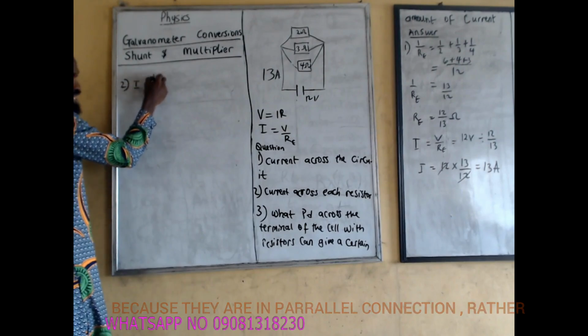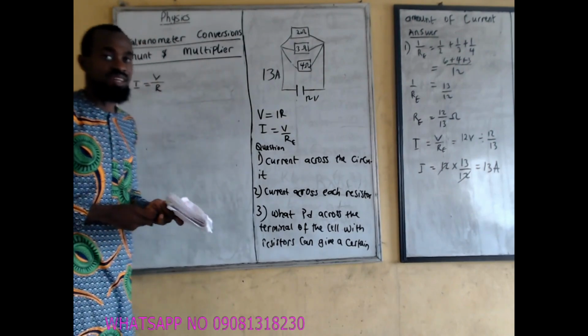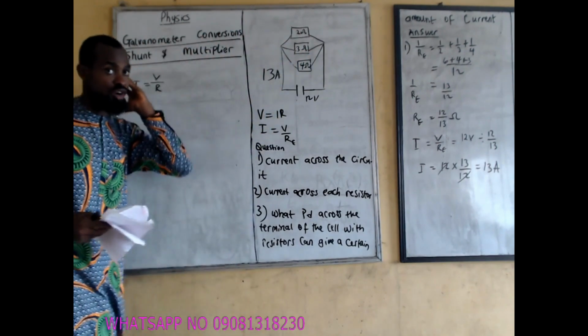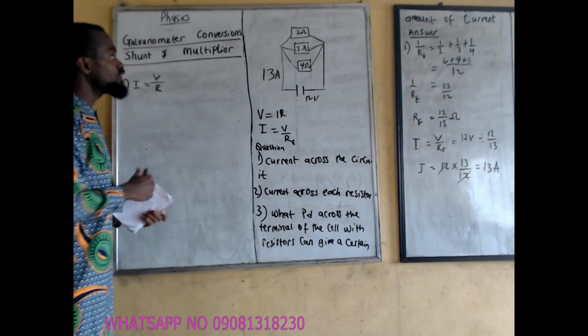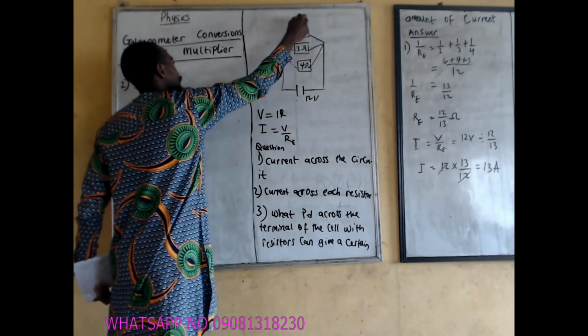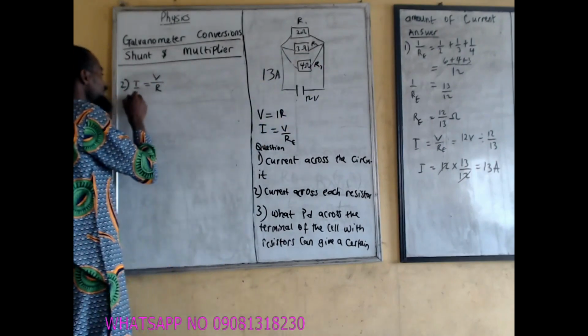I is equal to V over R, but it should not be the equivalent resistance. It should be the resistance of that resistor, since you are looking for the current at it. For example, for resistors R1, R2, R3,